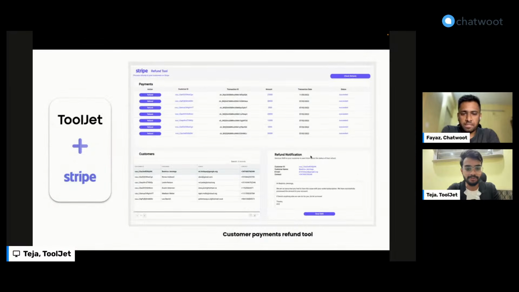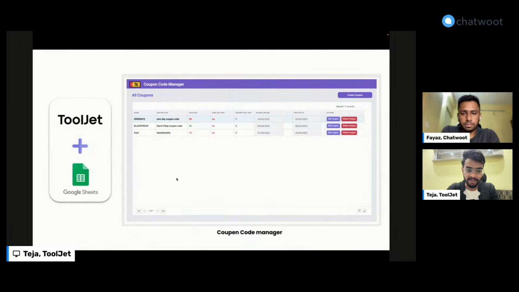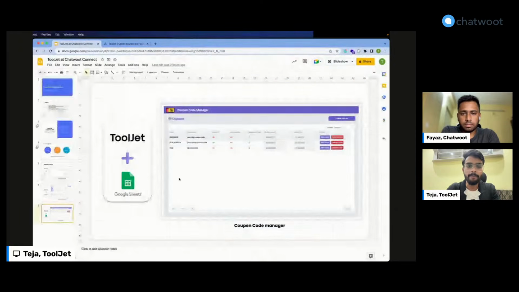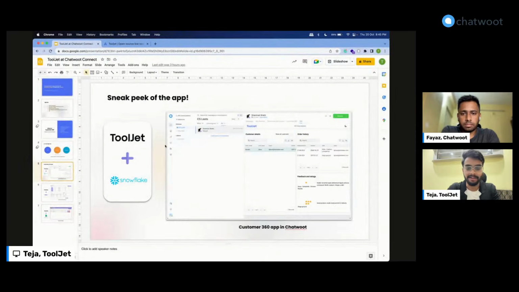All right. So as I just showed you, this app which you have seen before is actually an integration with Stripe. So you can have the Stripe integration within ToolJet and make it possible. And again, the coupon code manager is a Google Sheets one. All right, let me go back and actually start building the app which I have shown you here, the Customer